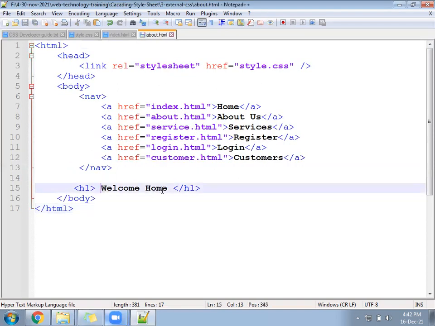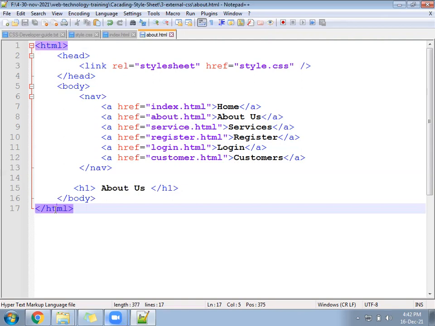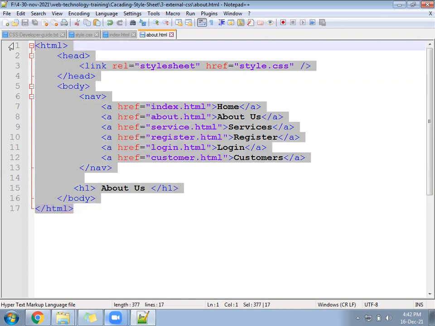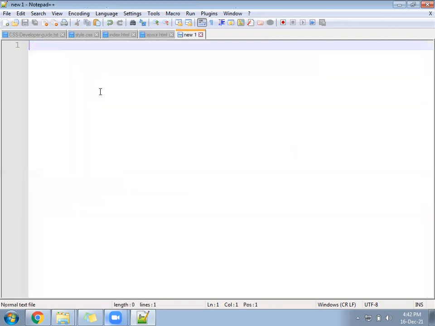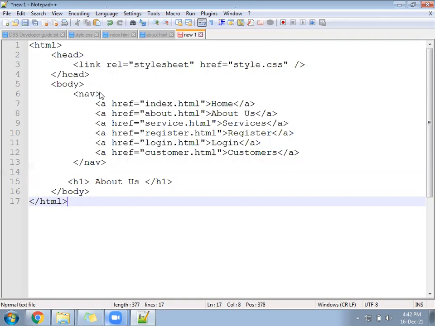Write on your file: About us. Copy the same thing, paste in the next file, service.html.